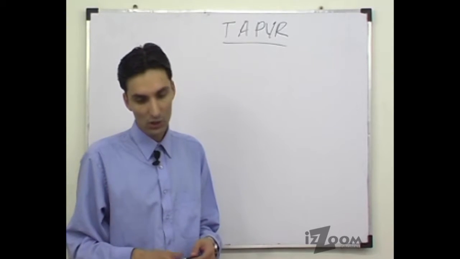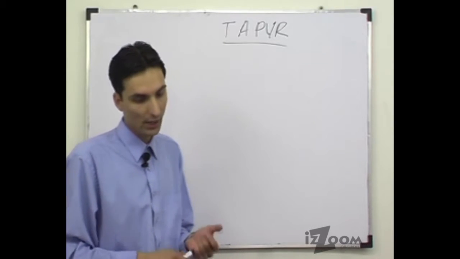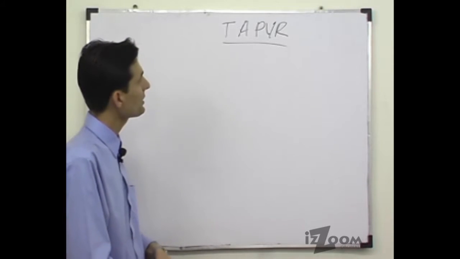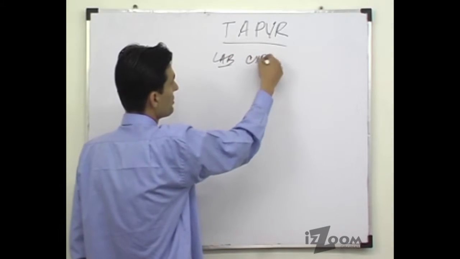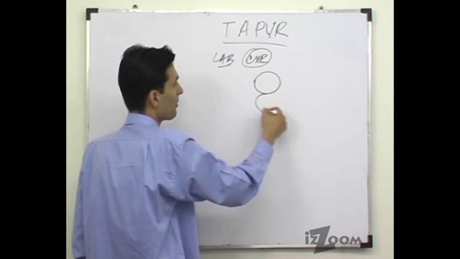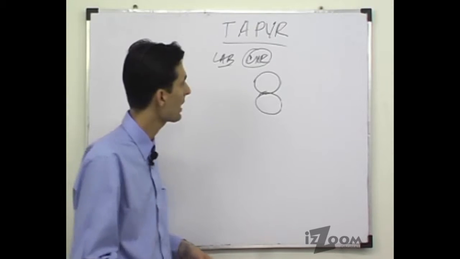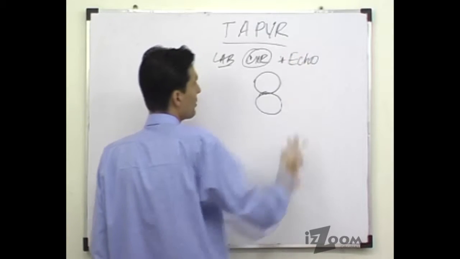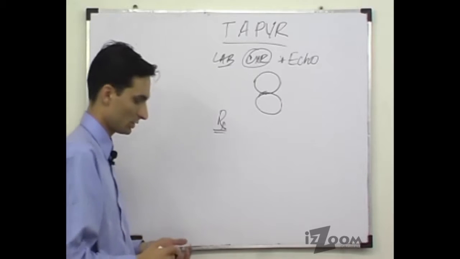So how do these patients present to you clinically? These patients present to you clinically with cyanosis, and this is a cyanotic heart disease. So what are the laboratory findings in total anomalous pulmonary venous return? The chest x-ray in these patients will show a snowman configuration or a figure 8 configuration of the heart, and this can be definitively diagnosed by an echo, and these patients will require surgical correction as their